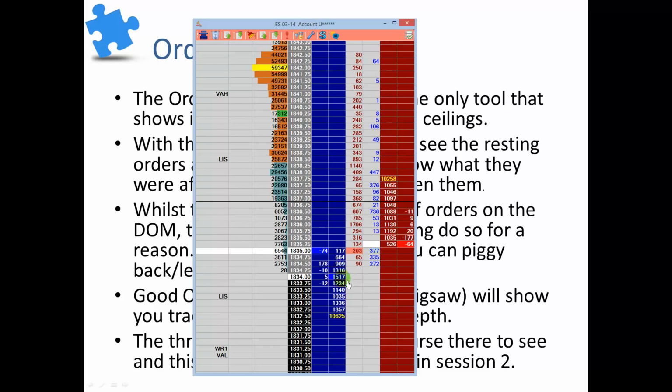Manipulation on the DOM, stacking on the DOM, isn't having an average of 1,000 contracts and somebody putting 1,050, right? They want you to see it. They want you to see a big number. So if you're not sure if it's spoofing, then it isn't, okay? But if you see it move up 5 or 6 ticks and then you see 3,000, 3,000, 3,000 right behind you, very likely in the market,